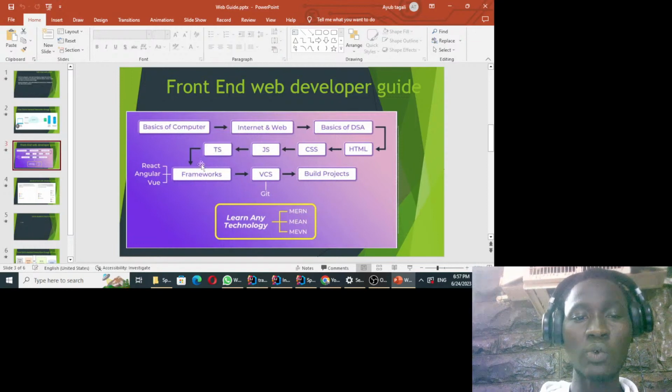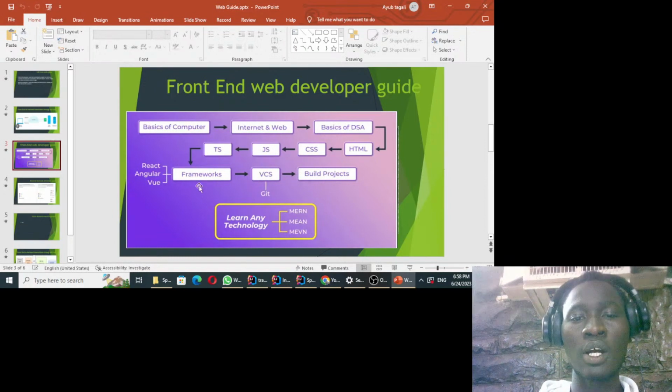So after mastering this, you will need to pick up one framework, and these are all the frameworks of JavaScript. You can either go with React or Angular, or you can take Vue. Personally I prefer going with Angular, but you can still use any framework of your desire. A framework basically is a lightweight version of the programming language. For example, these frameworks are all the frameworks of JavaScript, and they help you to reduce some boilerplate code, and they really have some nice libraries which you can use instead of writing plain JavaScript code.